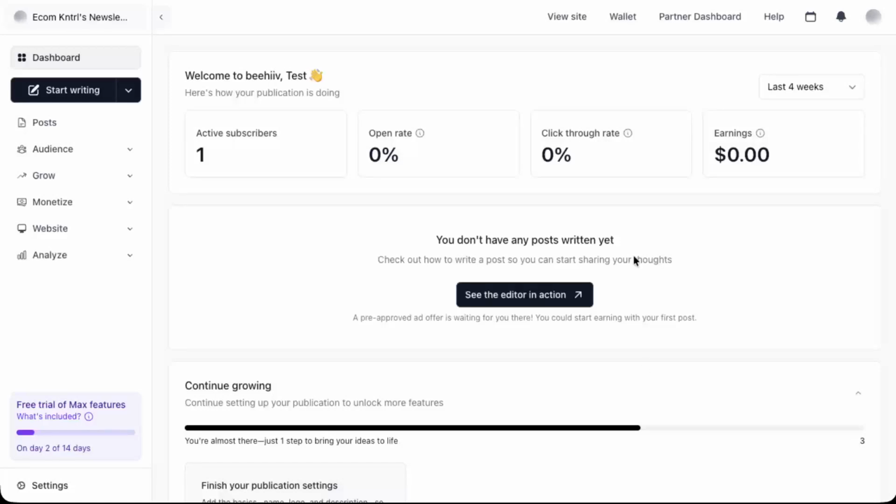In today's video, I'm going to teach you how to enable double opt-in on Beehiiv. Double opt-in is an important setting for any newsletter or email publication because it helps you keep your list clean